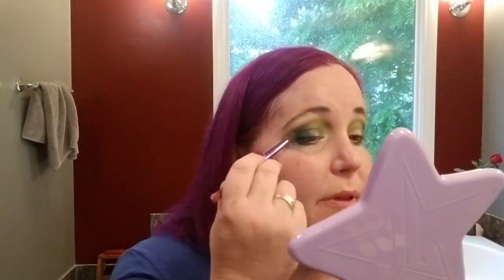I'm going to take just a little bit of black eyeshadow, the matte black, just to deepen up the very outer crease, or the very outer V. Okay, I need light for my...